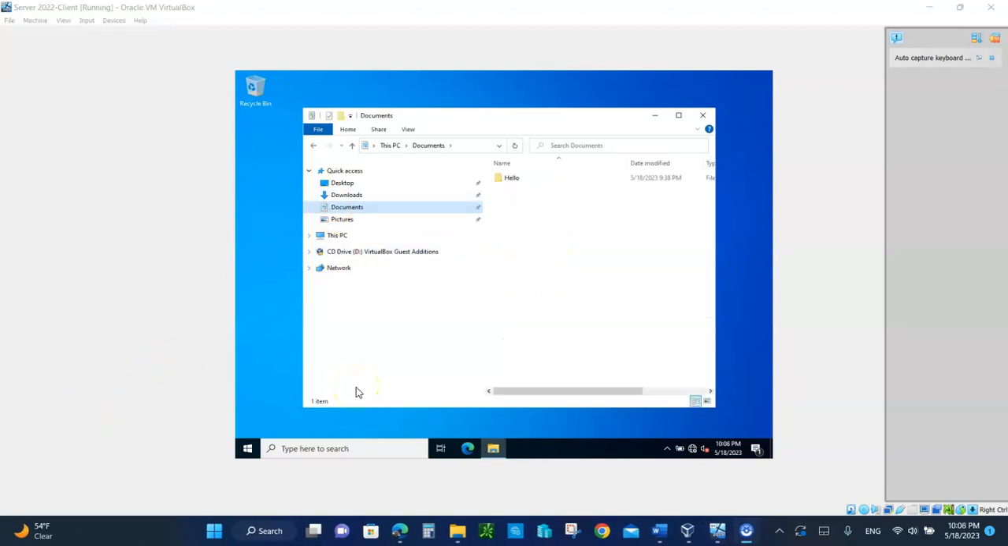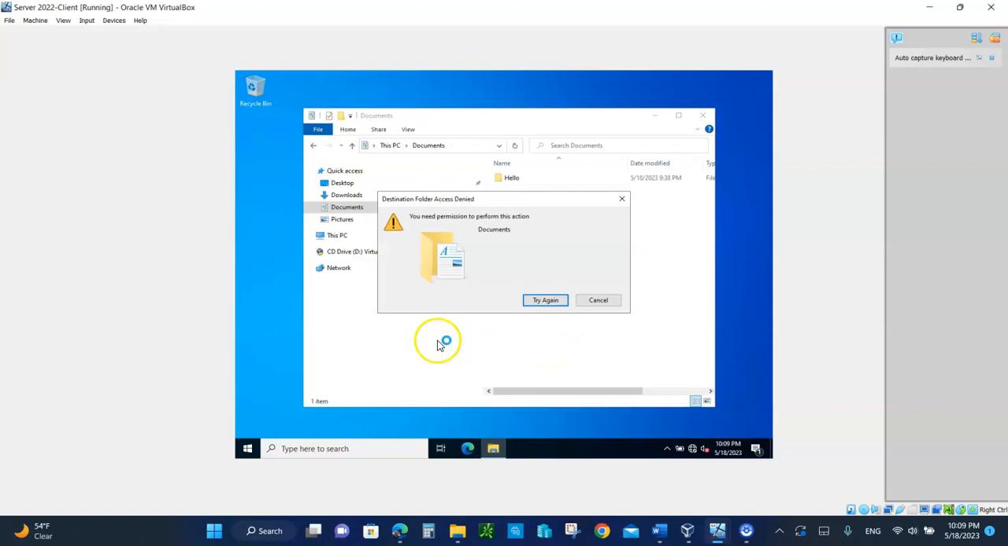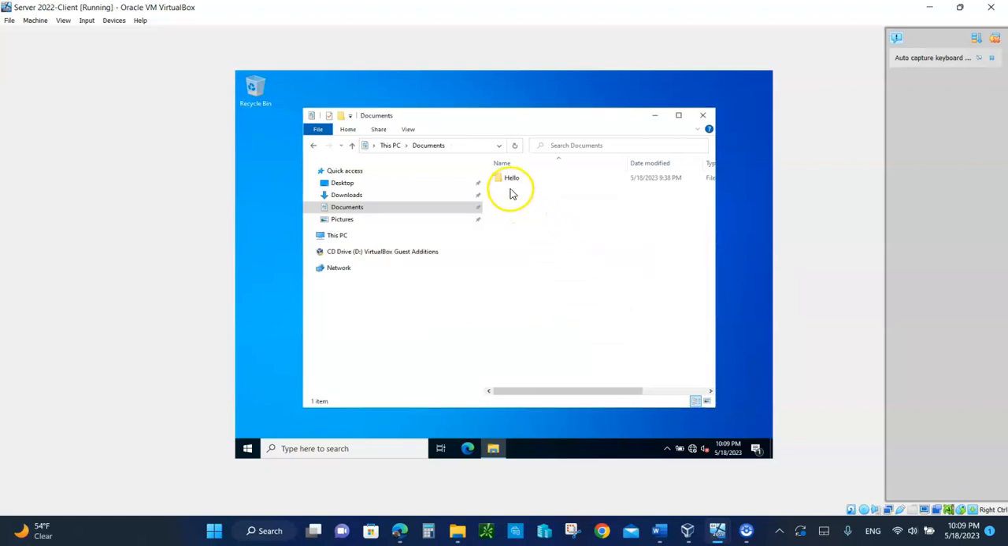Okay, the problem was that because I did it before, I stopped the sharing. So go into the documents folder. It should work out for you if you're doing it for the first time. Let's create a new folder in here. And let's say I created a new folder called Hello. If you open up that folder, if you create a folder in the documents,